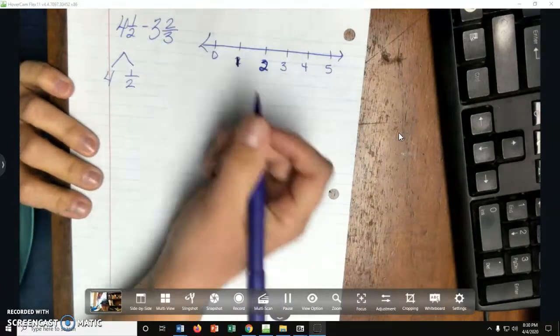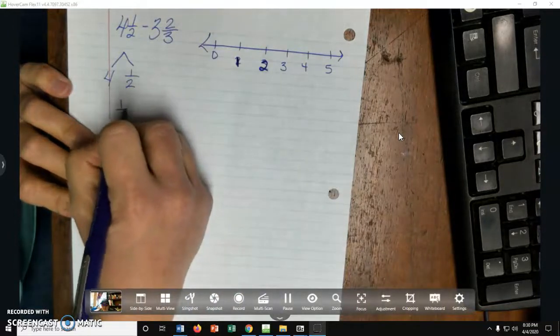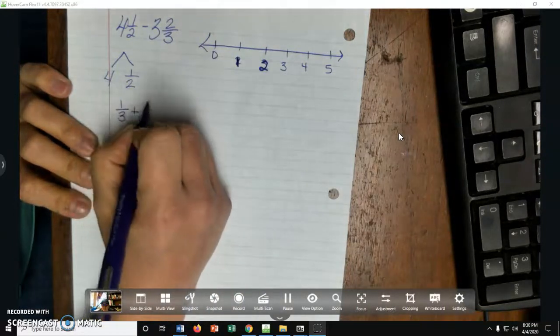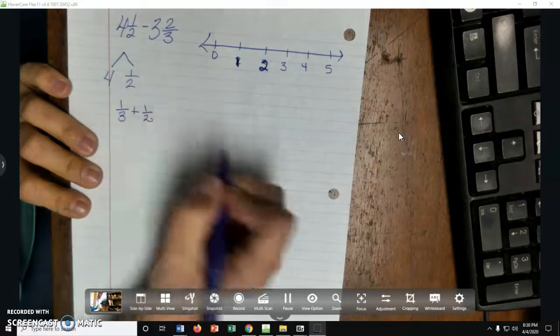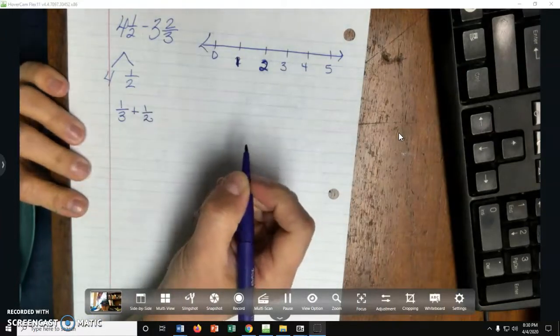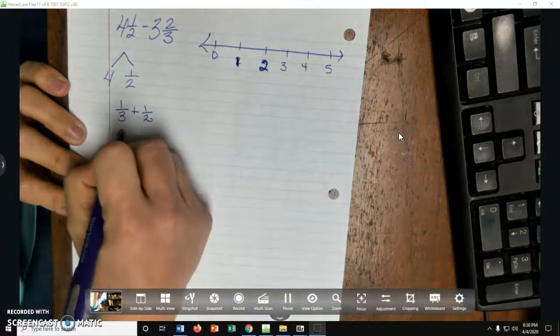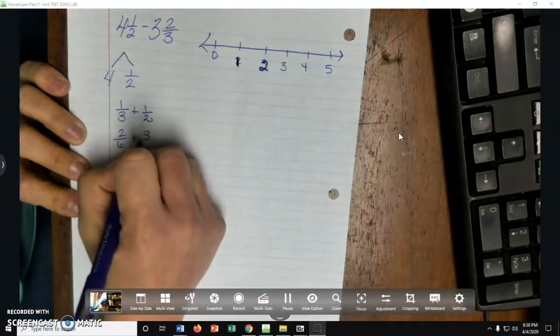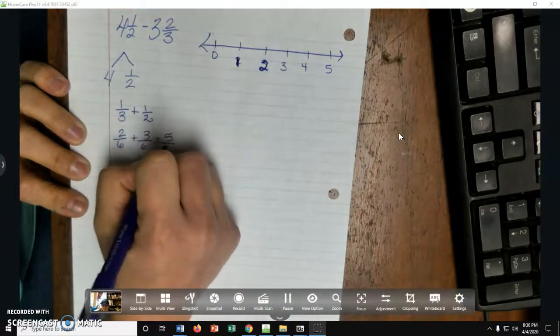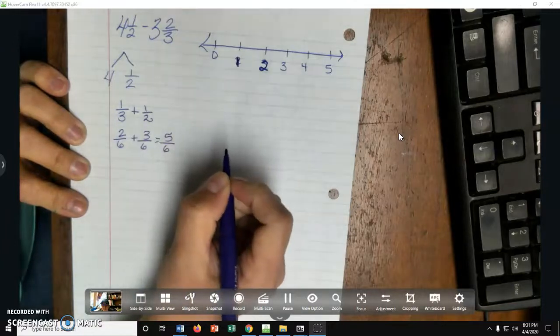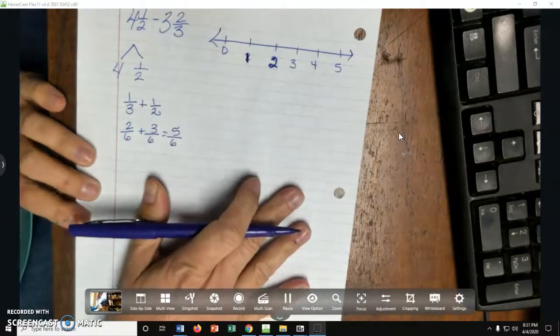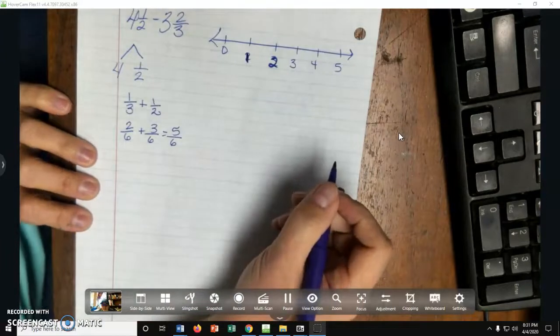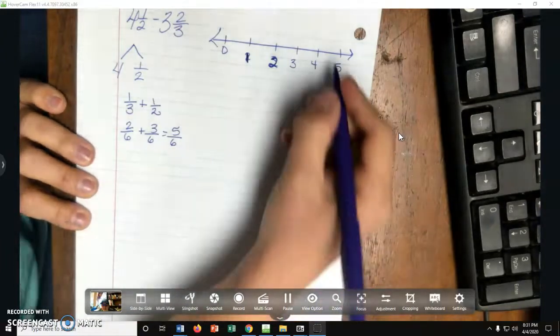we end up here with 1/3 plus 1/2. Getting a common denominator gives me 2/6 plus 3/6 equals 5/6. All right, so looking at a number line, let's see if that helps at all. If we started at the number 4,